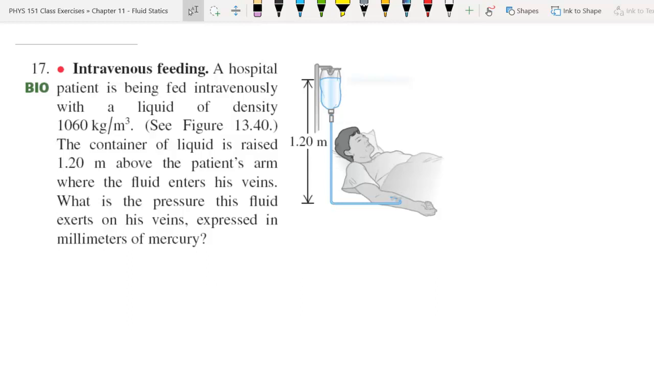Okay, here we're looking for the pressure exerted on this patient's vein by this fluid hanging in this bag. First, I should be clear that what we're looking for is the gauge pressure, the relative pressure of the fluid in this bag relative to his arm, right? Because